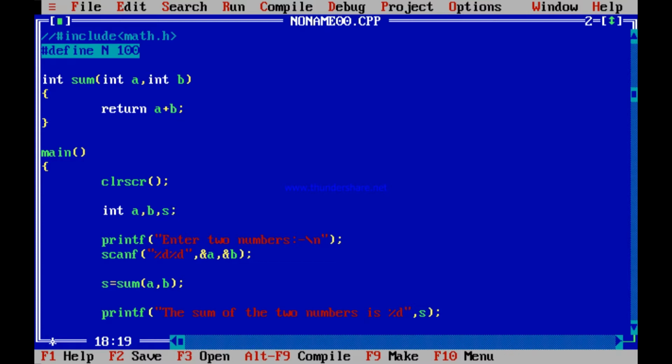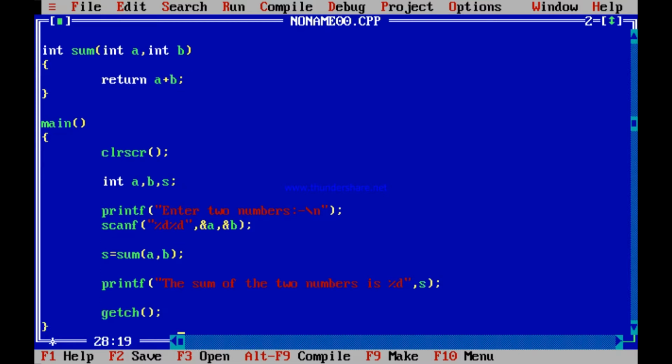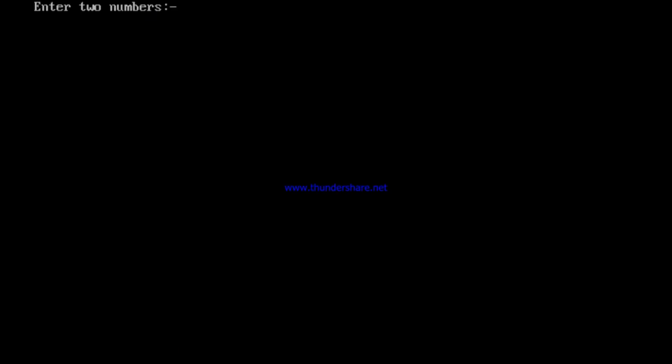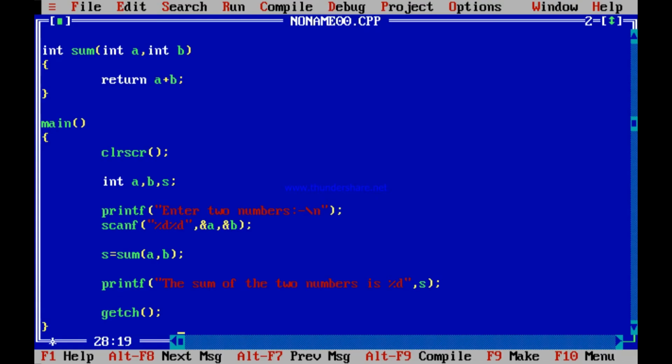You needed a, b and s, nothing more. You can simply run this program, enter two numbers, 54, 45. The answer should be 99. The sum of the two numbers is 99. If you change this not to sum but to difference, then you need to return a minus b.